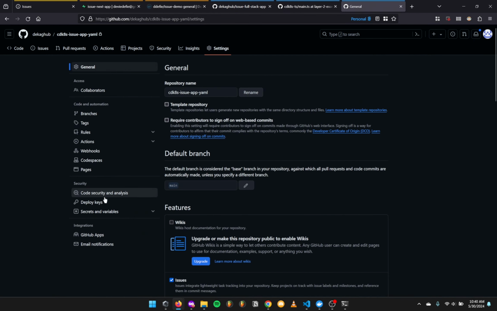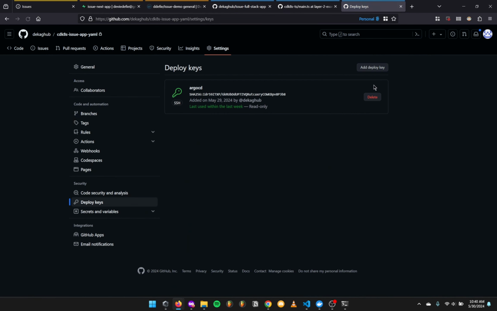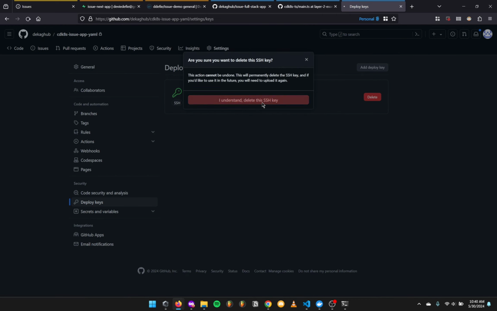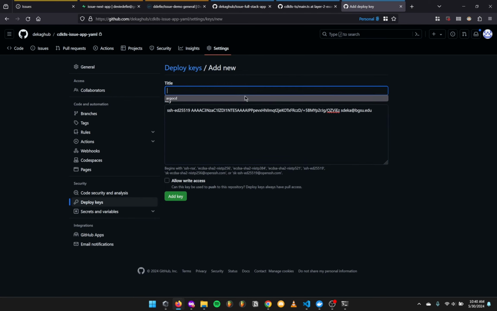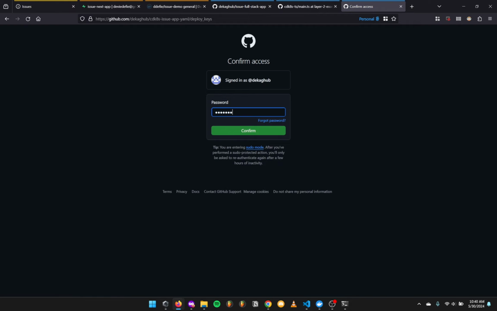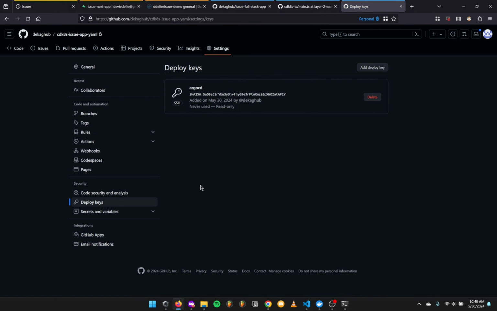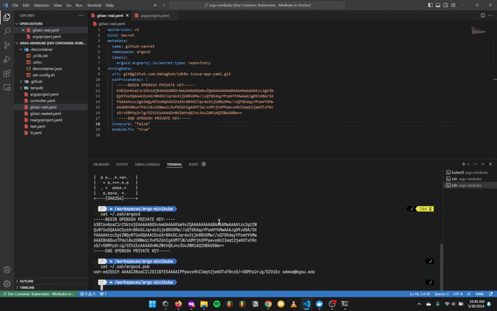I'm gonna go to settings. I'm gonna go to deploy keys. There's one already, but I'm going to delete that and then restart the whole process. All right, so now with all that stuff done, I also have to apply this file, which is,